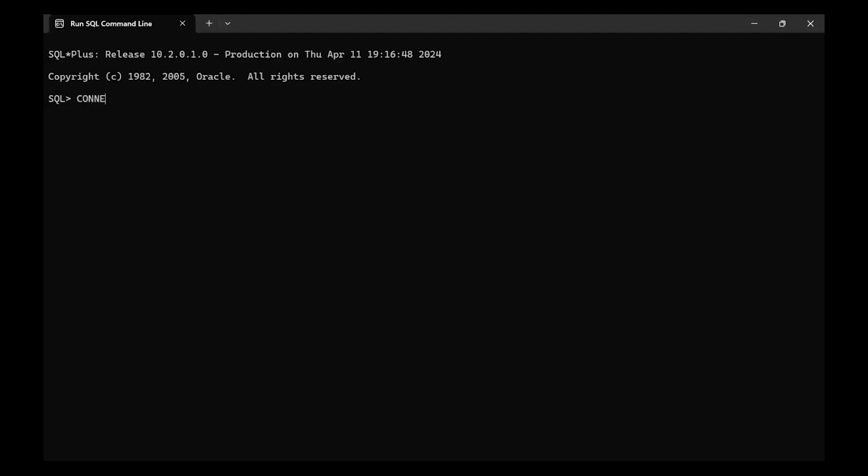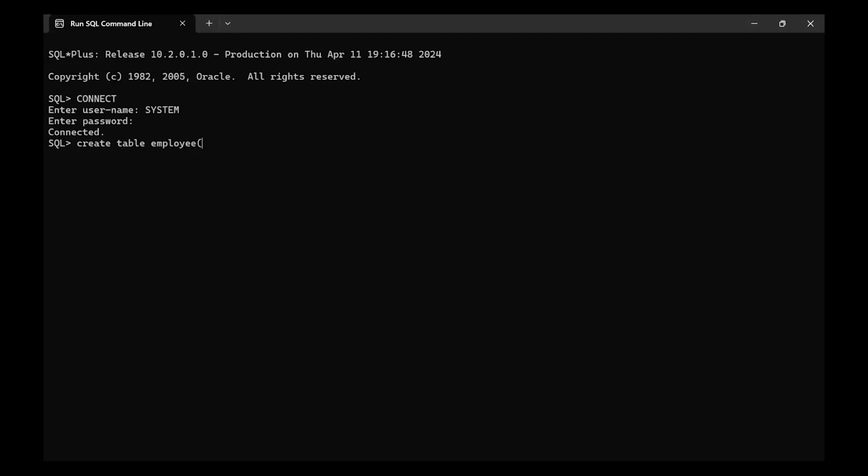Let's connect. ID, password. Now we are connected, so let us create a table. Create table. I want to create, let me write it in small letters, a table employee. We had created it in the previous sessions, but I have dropped all those tables and we are starting fresh. Okay, so create table